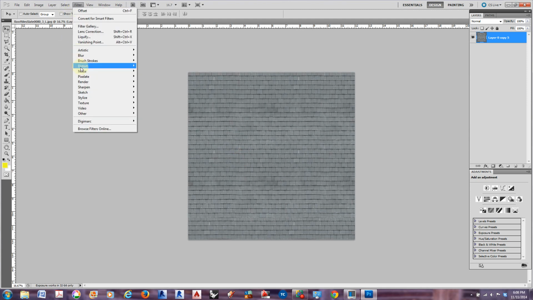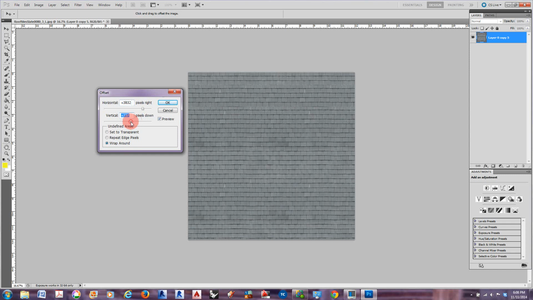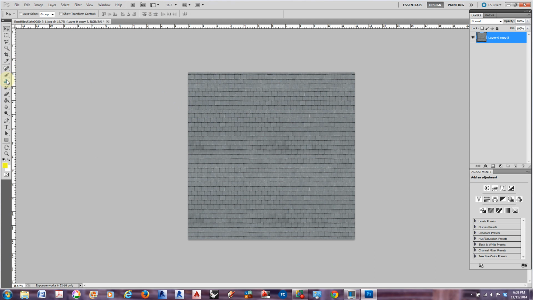And we could go one step further and do the offset layer one more time and make sure that, you know, we might want to clean up some of these lines in here to get this even more seamless. So like I can see there's a distinct line here and here, and so I can start to